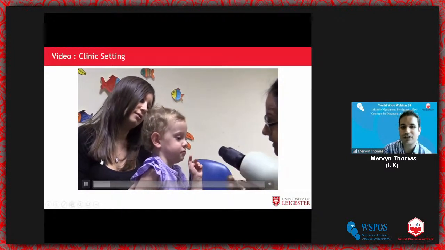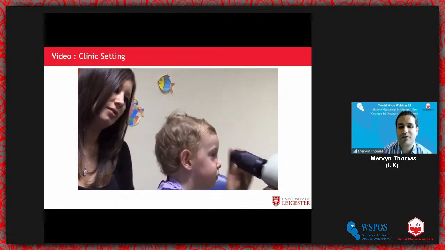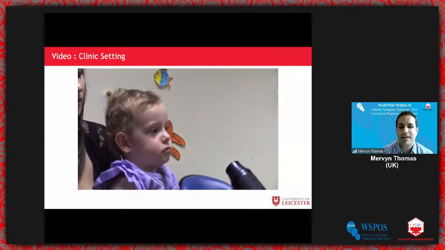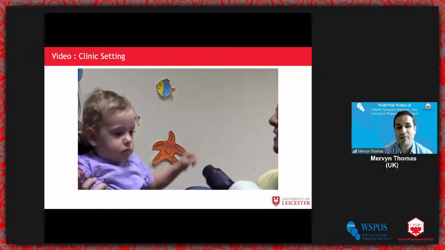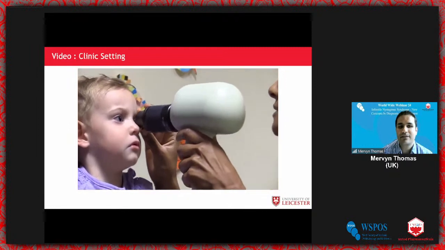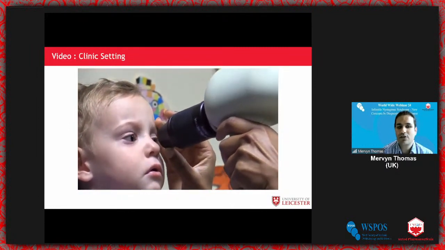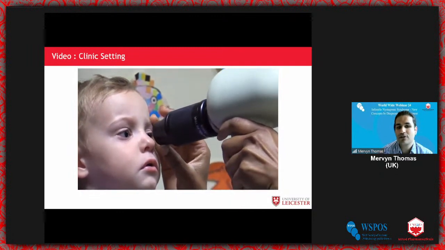doing a handheld OCT. So this is Dr. Arti Patel. She's one of our doctors that I work closely with at Leicester. And she works quite a lot in ROP specifically, but she's just demonstrating here using a handheld device. This is the Leica NV-Zoo. And it's just the distance of how close the probe is to the eye here.